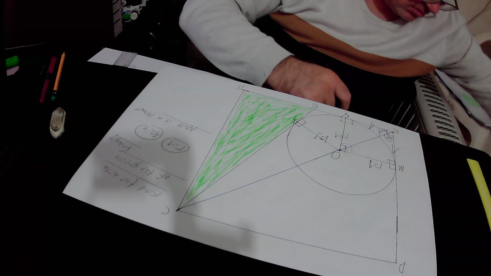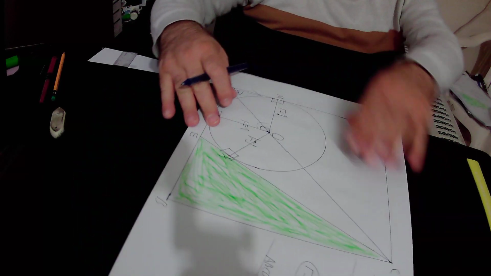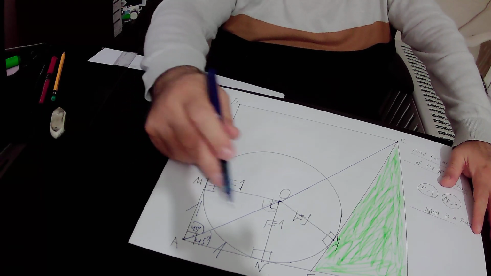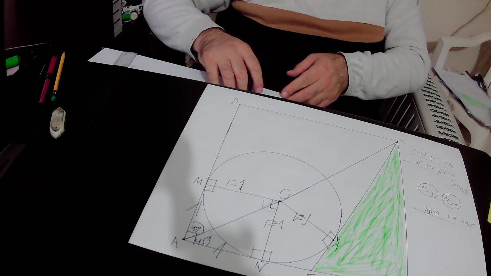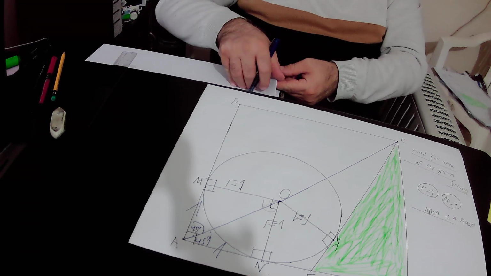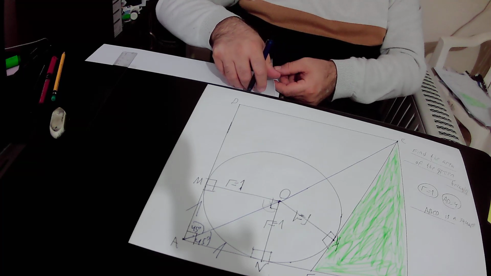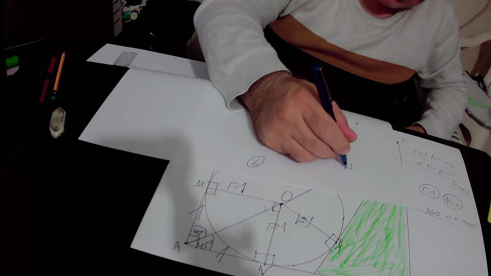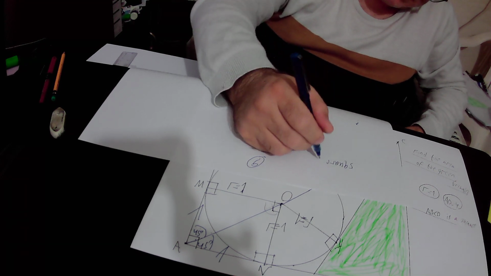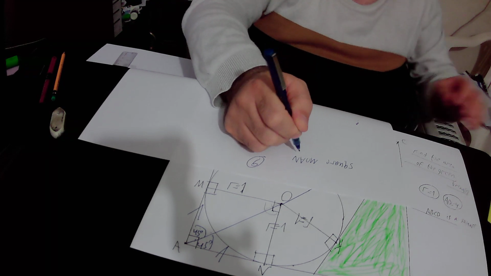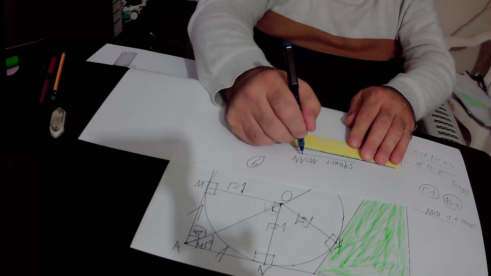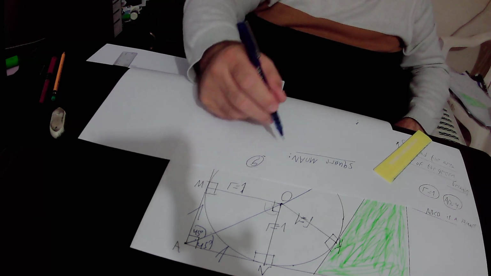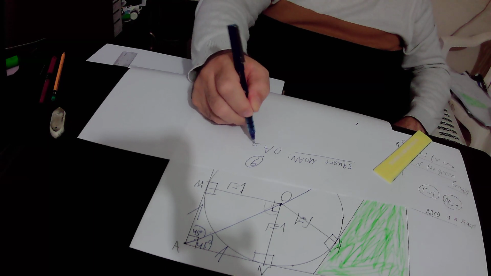So, in square MOAN, the length of diagonal OA, according to rule number 7, will be equal to